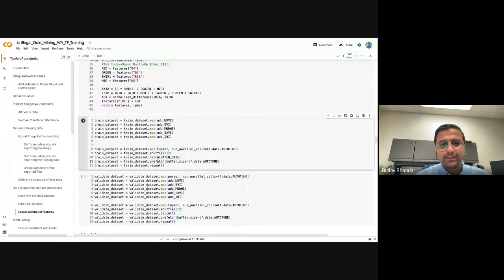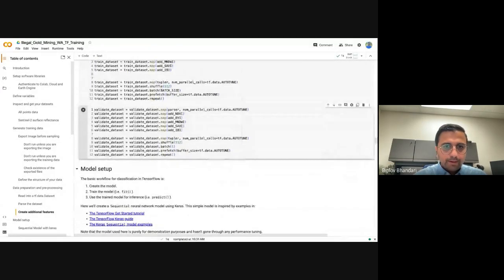And then prefetch is something where, when a model is running, the model usually runs your data. If you have a GPU, the model will normally train the data on the GPU. But on the CPU, you can use that time to prefetch the next example ready for the model, so it doesn't lose any time in between. So that's what we're doing here, and we're repeating the same thing here. Same thing with our validation data set.